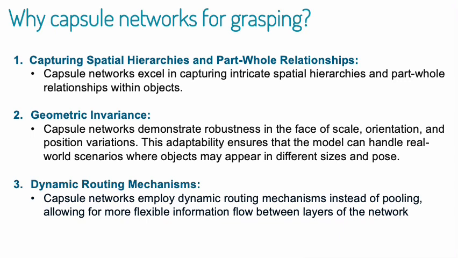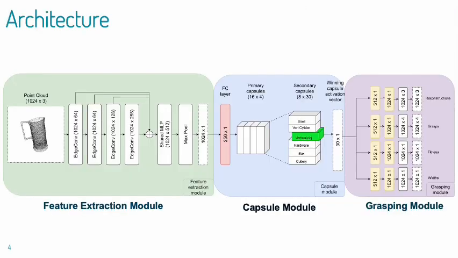and part-whole relationships. They are geometric invariants and are robust against scale, orientation, and position variations. Moreover, capsule networks employ dynamic routing mechanisms instead of pooling, allowing for more flexible information flow between layers of the network. The GraspCaps architecture consists of three main modules: the feature extraction module, the capsule module, and the grasp synthesis